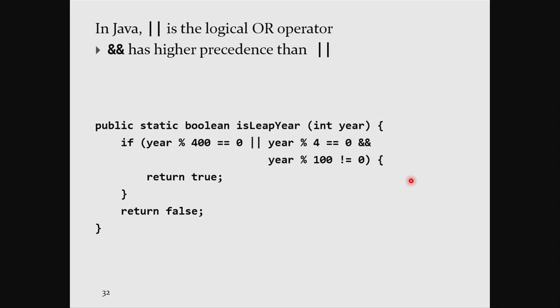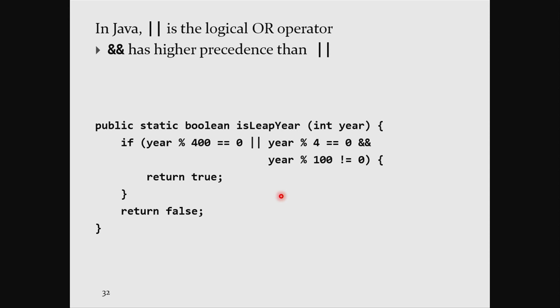Now, a lot of new programmers will write this sort of thing for this kind of method. It's a method that returns true or false, a Boolean value, depending on some condition. And an if statement is a perfectly fine way to express that idea. However,